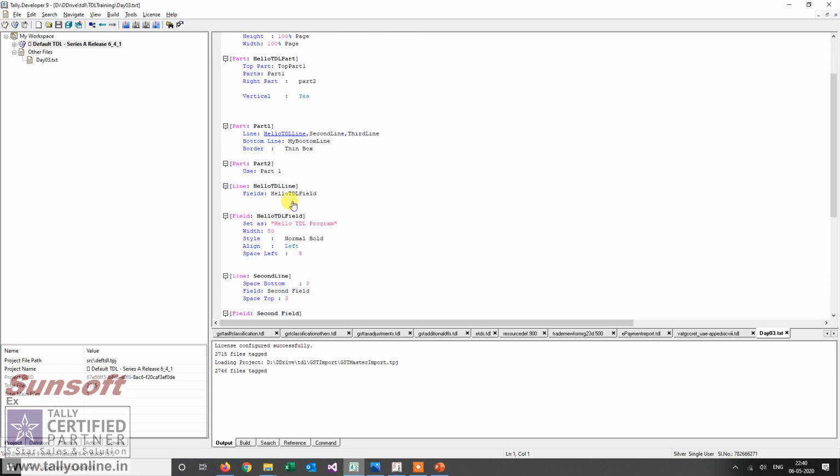Now, in the field, I have given a static value. So let us define a local formula, HTTP, and give it a value hello.